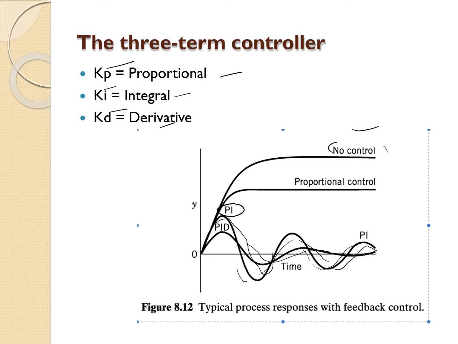And the response, what we call, the fluctuation becomes smoother, and the peak of the overshoot itself becomes lower, and it will reach the set point. Okay,